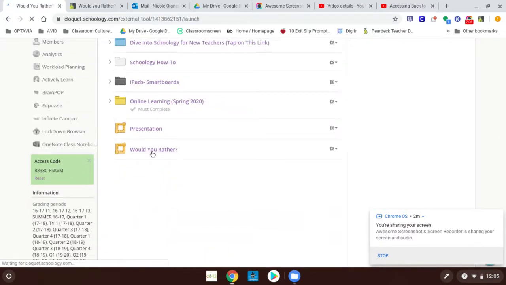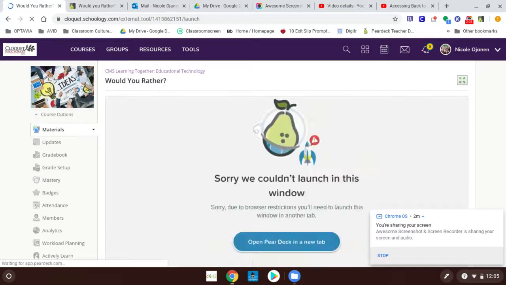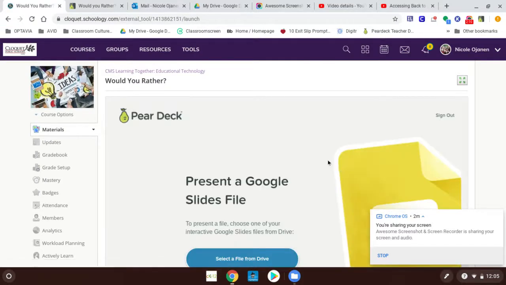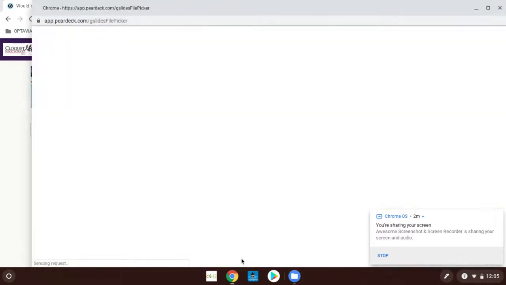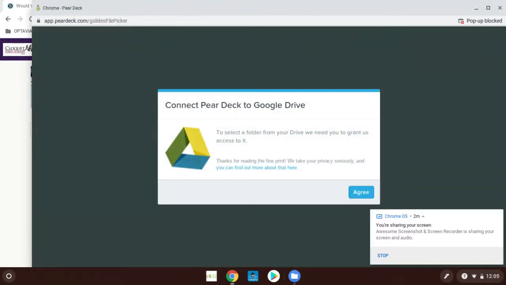and I am going to touch on it. Once I do, it's going to ask me first to log into my Google Drive if I'm not already. I am already logged into Google Drive on this computer, so it's going to let me select a file right away. If you're not logged into your Google Drive, it's just going to simply ask you to log in using your school ISD94 email and your Google password. Once you get to this screen, I'm going to select a file from my drive,